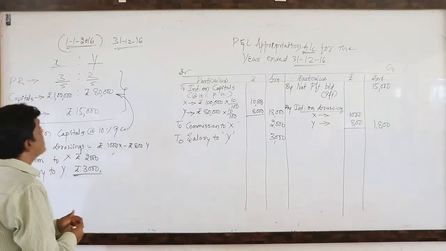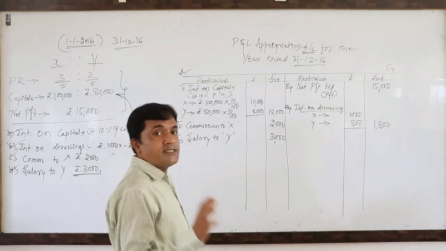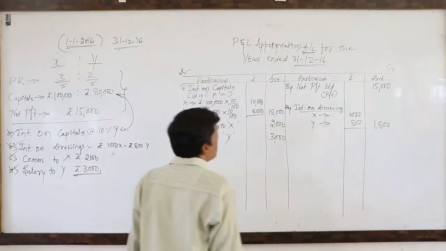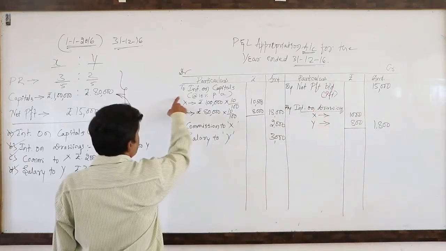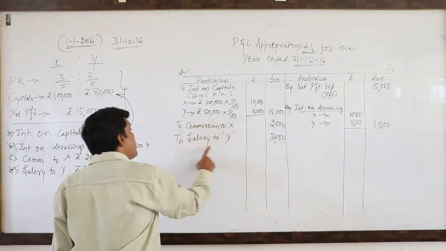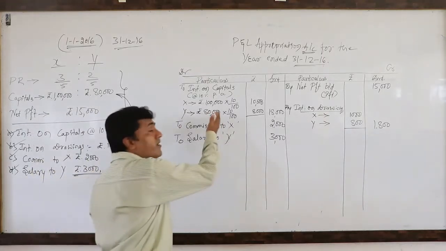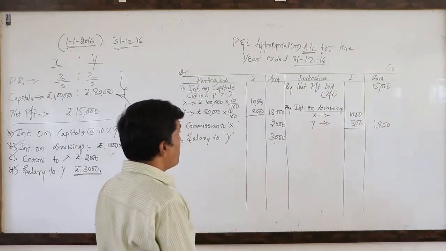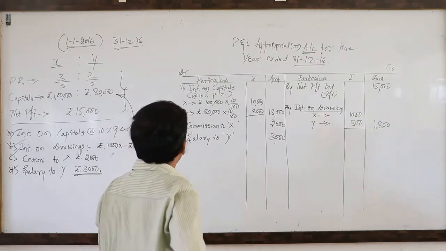Keep in mind, dear students, this kind of problem may be asked under section C for the 6 marks question. So this is the simple way of solving the problem. So incomes on the credit side, the expenses, interest on capital is an expense, commission to X, salary to Y. So these are also expenses of the firm. That is the reason I have written on the debit side as per the nominal account rule. So with the help of this information, here we need to ascertain the appropriated profit or loss. Look here.